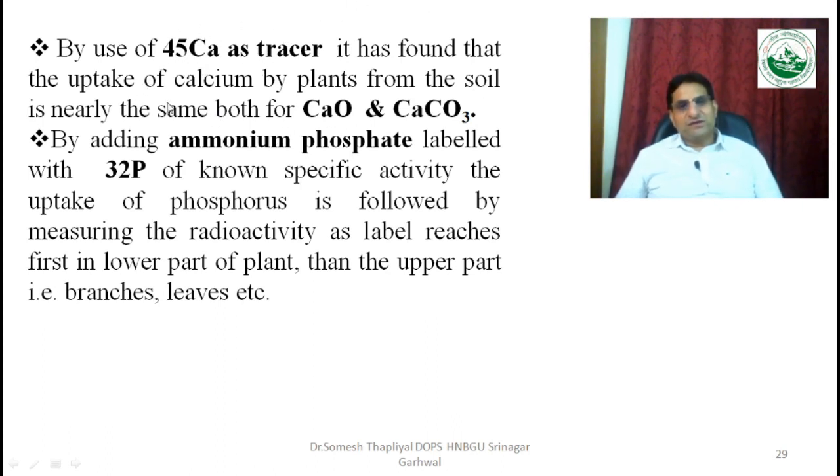So we can find that the uptake of calcium by the plants from the soil is nearly the same both as calcium oxide and calcium carbonate. And by adding ammonium phosphate labeled with 32P, the uptake of phosphorus is followed by measuring the radioactivity, as the label reaches first the lower parts of the plant, then the upper parts